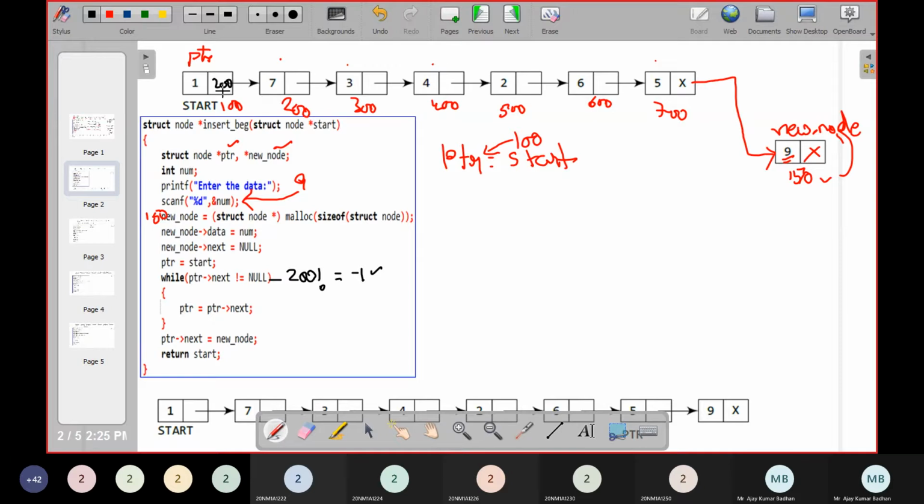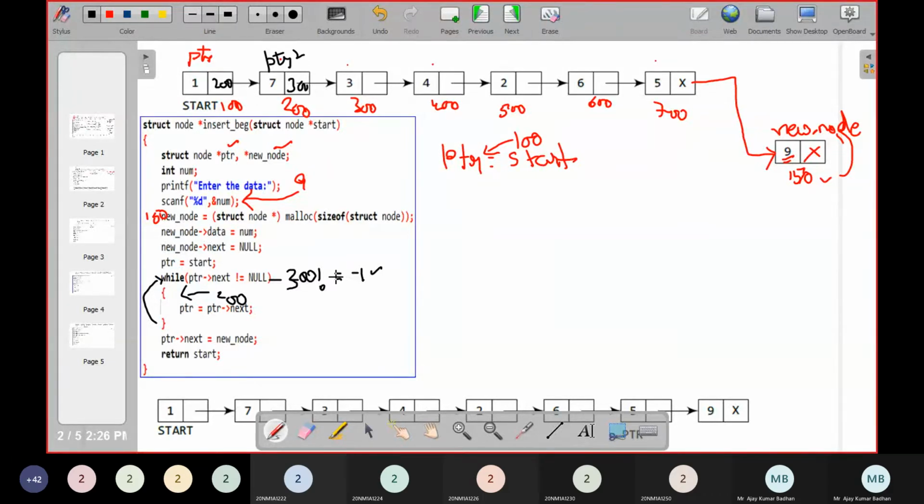What does pointer next consist of here? The next block consists of value 200. That 200 I'm assigning to the variable pointer. So automatically this pointer will be jumping right now to this particular location. So it has come up here. Now what is the address present here? 300. So again the loop will come here. Same condition we are checking: pointer next. Now this time the pointer is pointing to a new node. What is the address present in the next block? 300. Now 300 is not equal to -1. The condition actually has been satisfied.